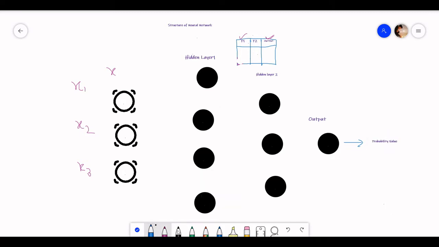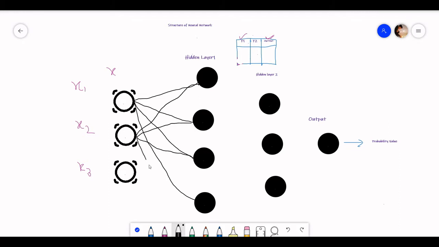So in our neural network, our features will always be connected to the neurons of the hidden layer. And it is connected to each neuron.